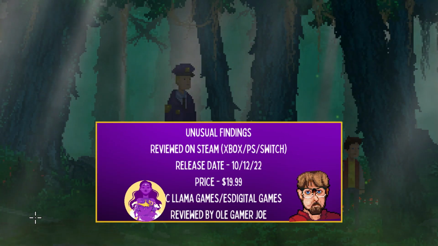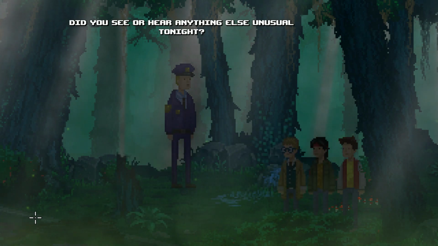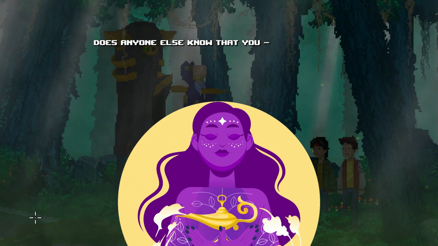Wait! Do you know what this blue liquid is? It was like this when we got here. Did you see or hear anything else unusual tonight? No. Something tells me you're not being honest with me. Does anyone else know that you...